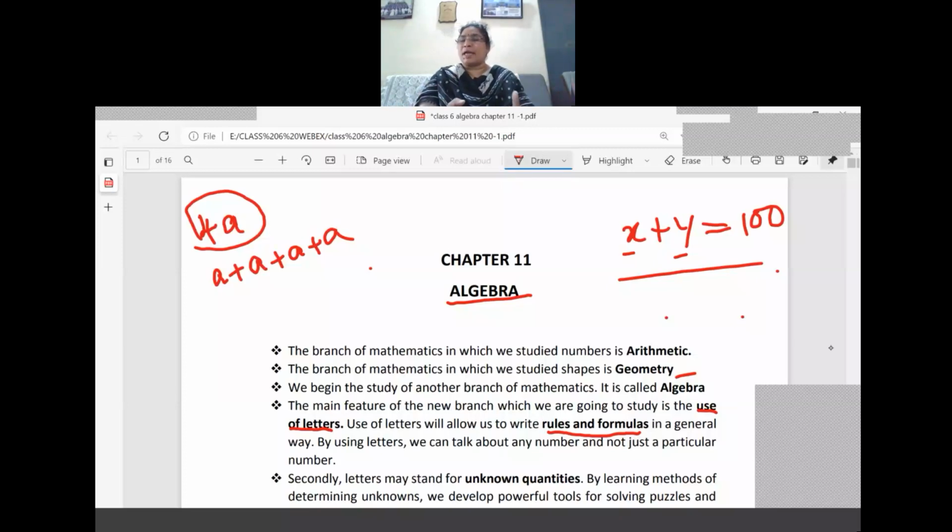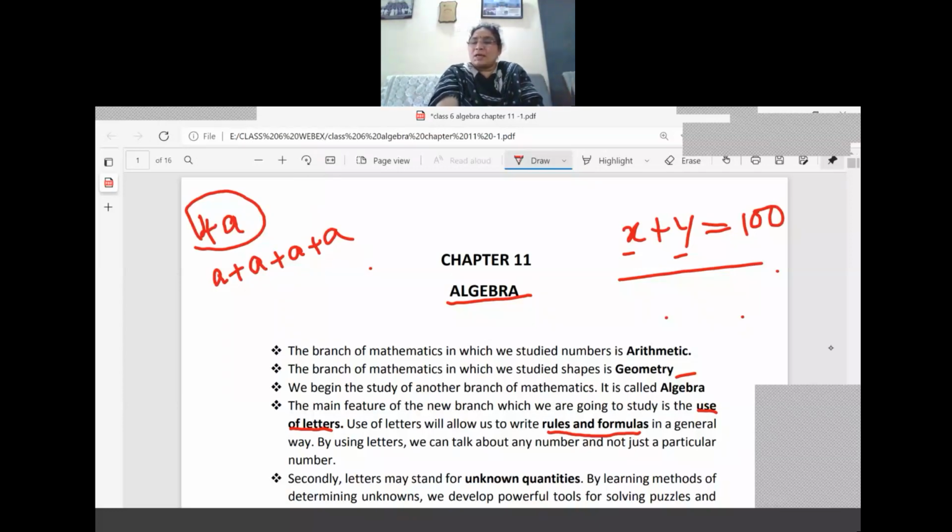If x is scored by the first batsman as 220, the second batsman can score 80. Like that, we are using variables in algebra. But in lower classes you have learned formulas: perimeter of the square, perimeter of the rectangle, area of the rectangle. Like that, we have learned the perimeter of the equilateral triangle. All this you have learned are applications of algebra only. So you have already started to learn algebra. Now we are giving the rules, that's all.